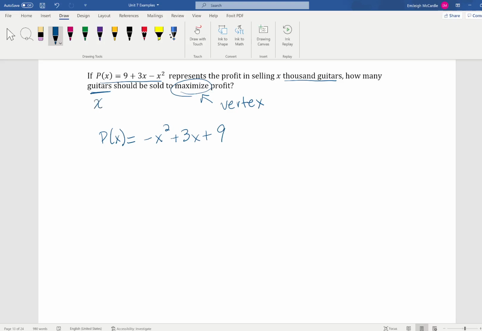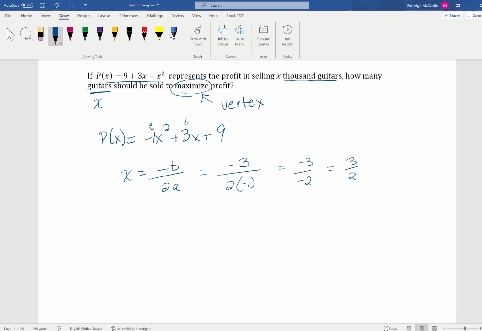Okay? So we remember that our x value of the vertex is given by the formula negative b over 2a. Our a in this problem is -1. If you need to put that 1, that's totally fine. So a is -1, b is 3. And let's plug this in. So we have -3 over 2 times a, which is -1, which is -3 over -2, which is really just